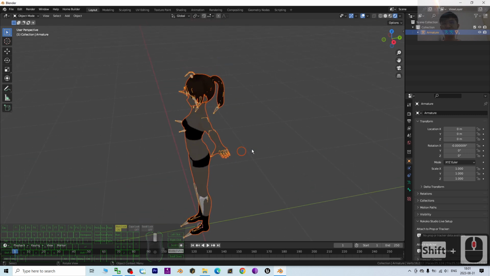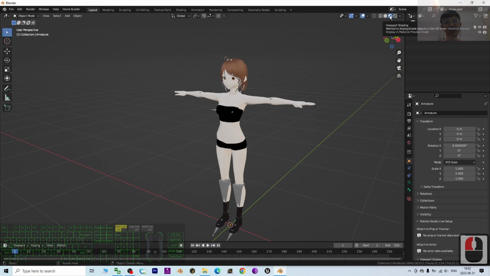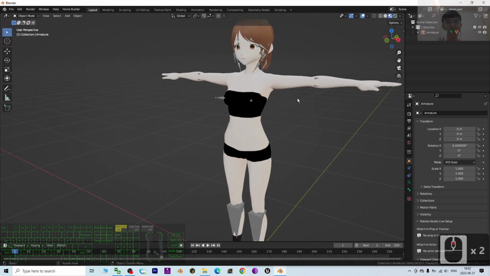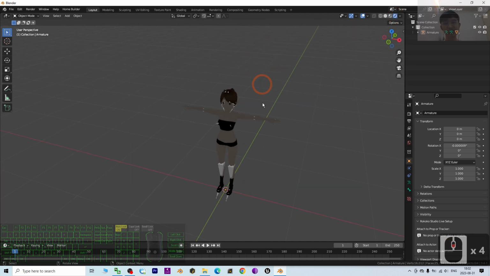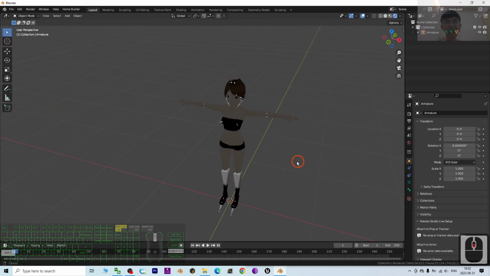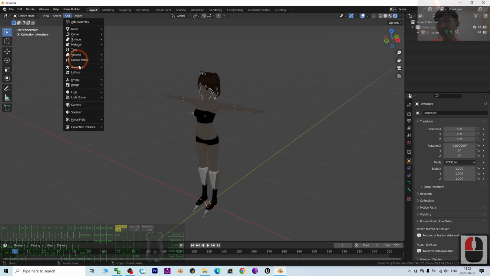Now, you can see it is very dark, but actually, if you are using the preview shading, you can see that this avatar actually has the texture. But if you want to render it without adding any light, if there's no sky, there are no lights here, it will be very dark. Let's say if you add a light